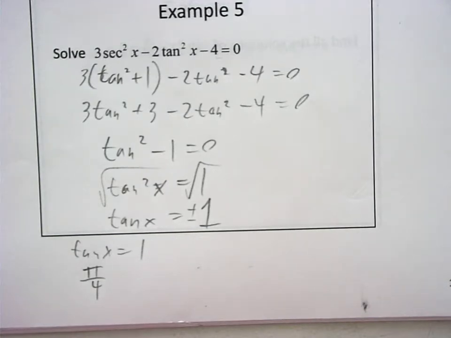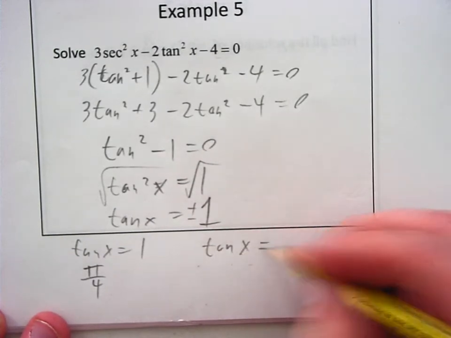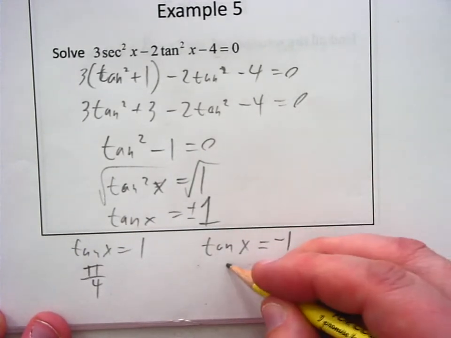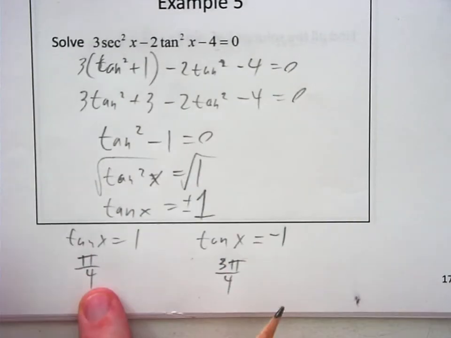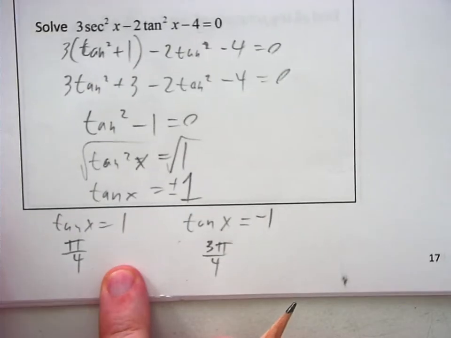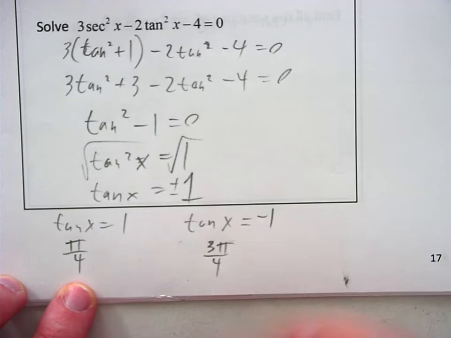5 pi over 4. Negative 1 would be at 3 pi over 4 because tangent is positive in which two quadrants? First and third. So it's pi over 4, 3 pi over 4 over here, 5 pi over 4 here, 7 pi over 4 here. The problem is,